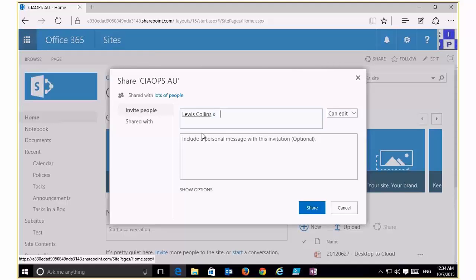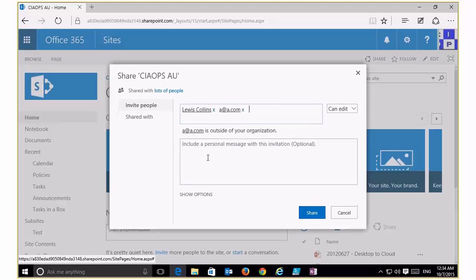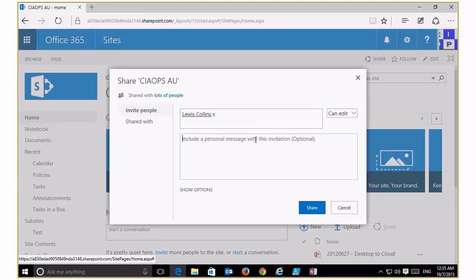I can put in an email address of a random person on the internet, provided that I have given the ability to share with external people. You'll notice that I do get a warning saying that a@a.com is outside my organization. Remember that you are now giving this user edit permissions, which you may not want to do. So you can put in a personal message here. Please